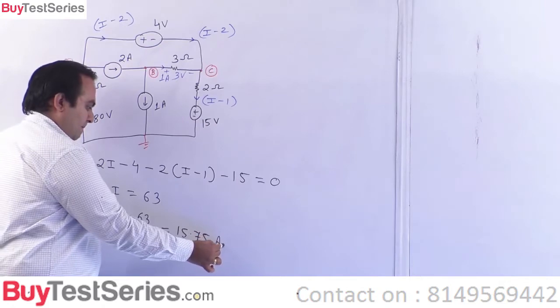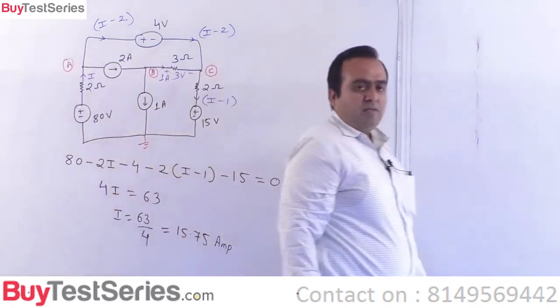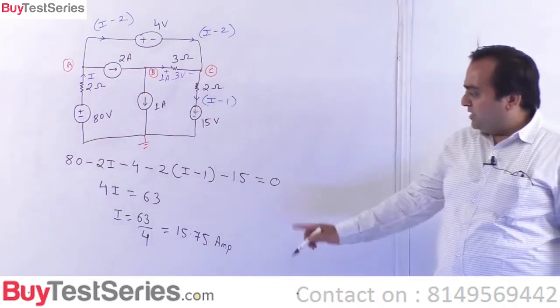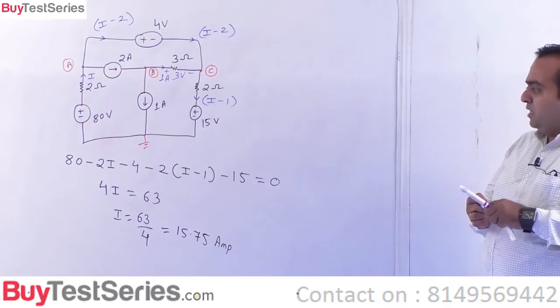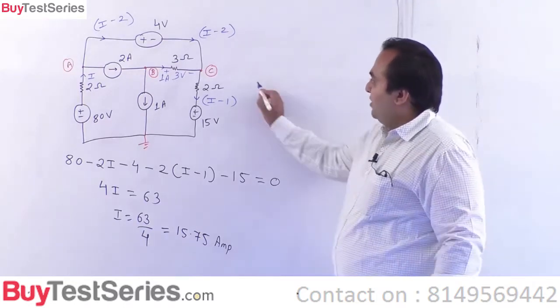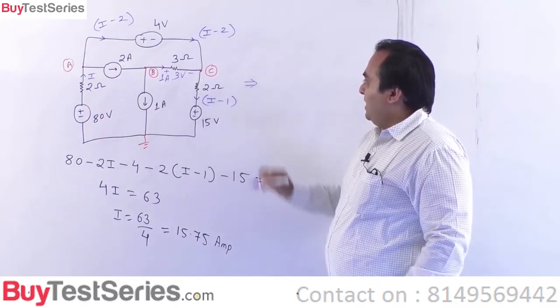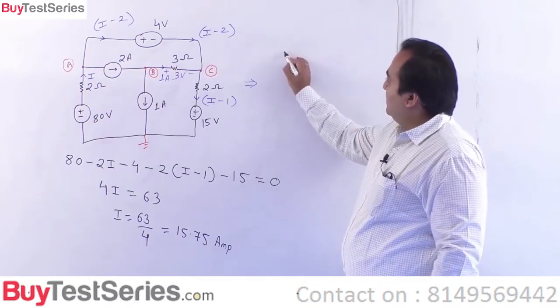So this has to be 15.75 amperes. Is this okay? So 15.75 amperes is the current. If we take this current to be 15.75 and if we redraw this circuit, then